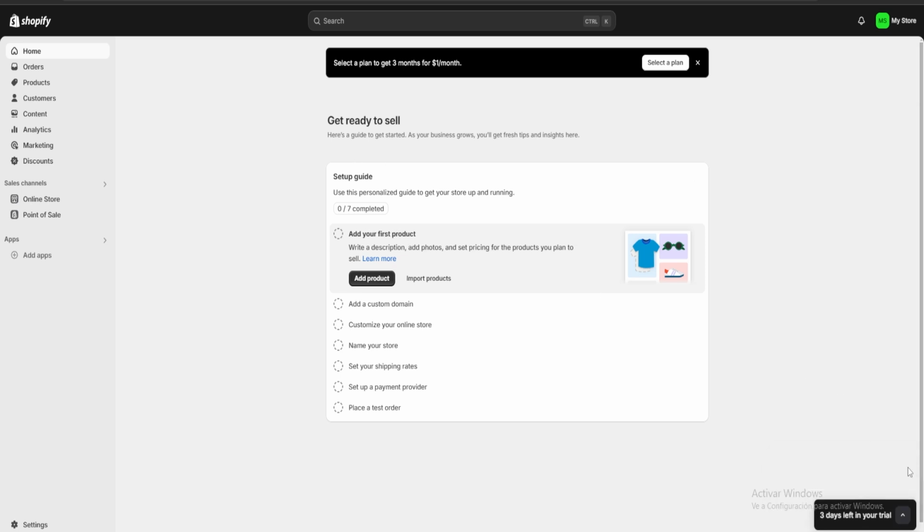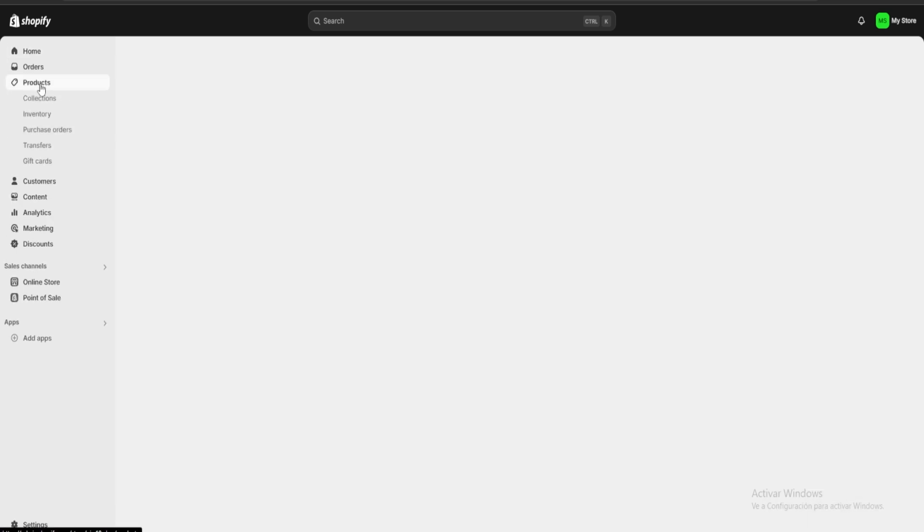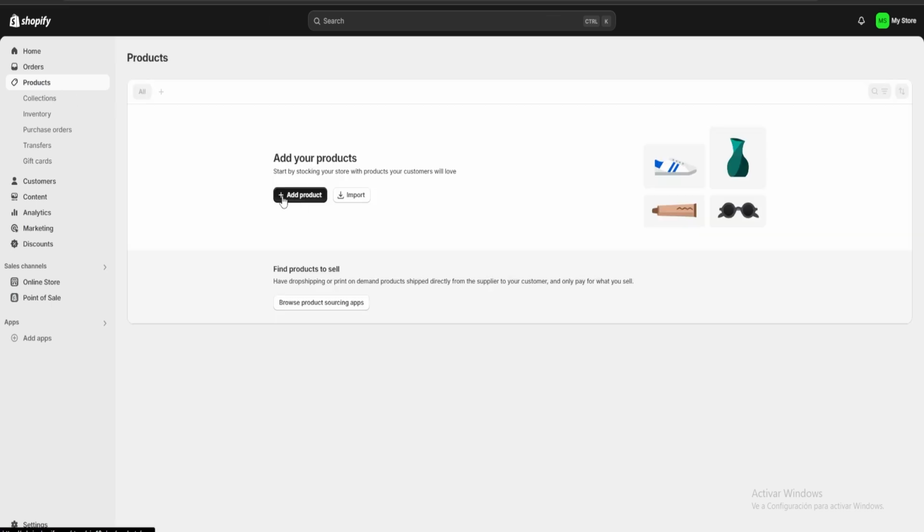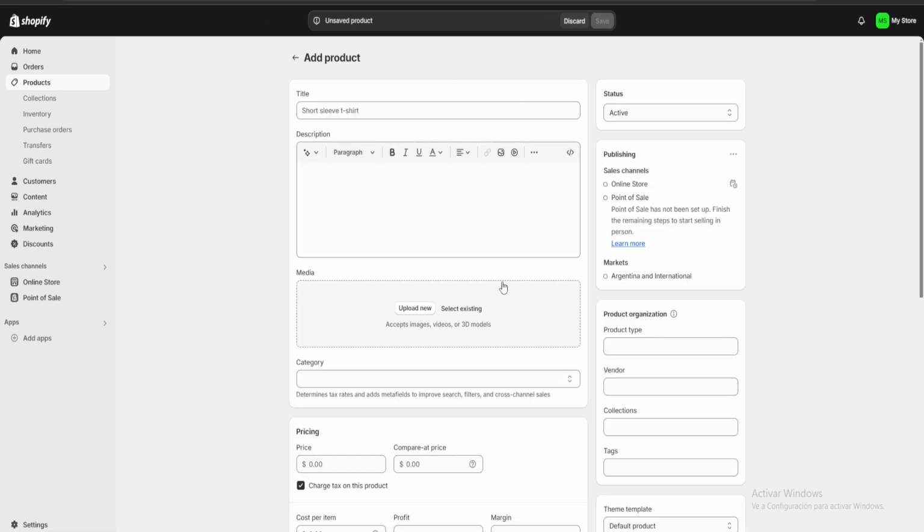So first we're going to go on the top left here on the products section. We're going to click here on add products and you can see here that we're going to have a lot of blank spaces that we're going to fill with our products information. So first we're going to start with our title. For example, I'm going to start with my Roomba, and here for the description what we can do is we